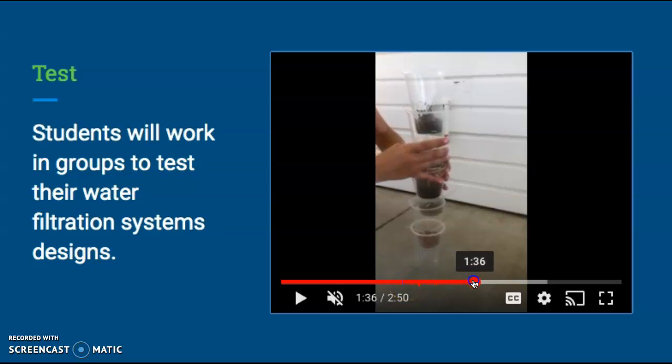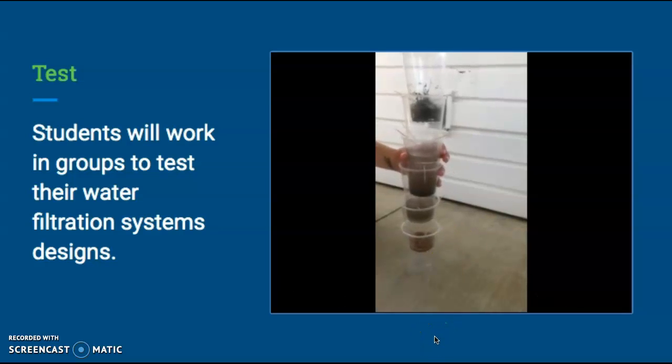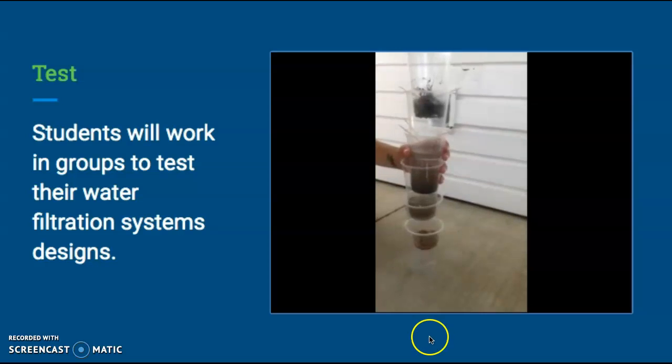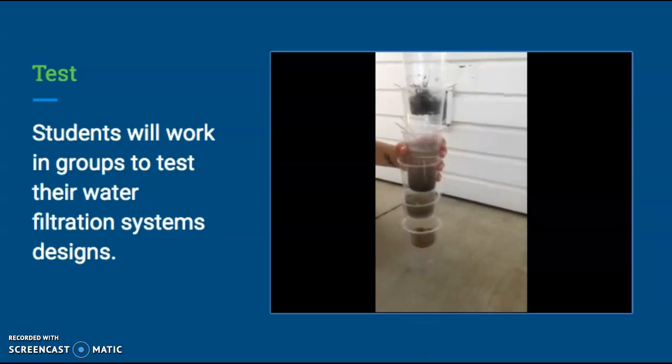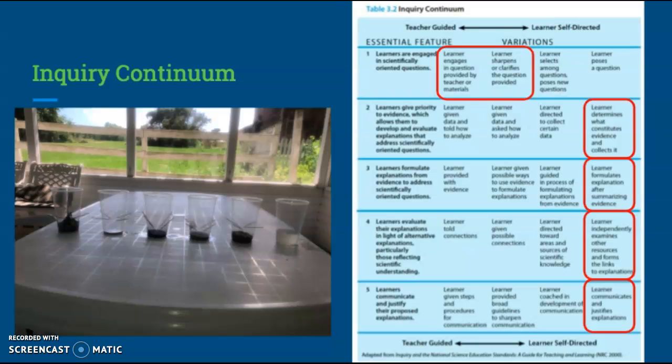So as I poured water through it, at the bottom there, you can see the clean water coming through, and it was actually really clean. So from there, then they would work on the improve step of the engineer design process. Here are some reflection questions, or you could use them as discussion questions with your students based off of the design and the activity. And how it falls out on the inquiry continuum is the first